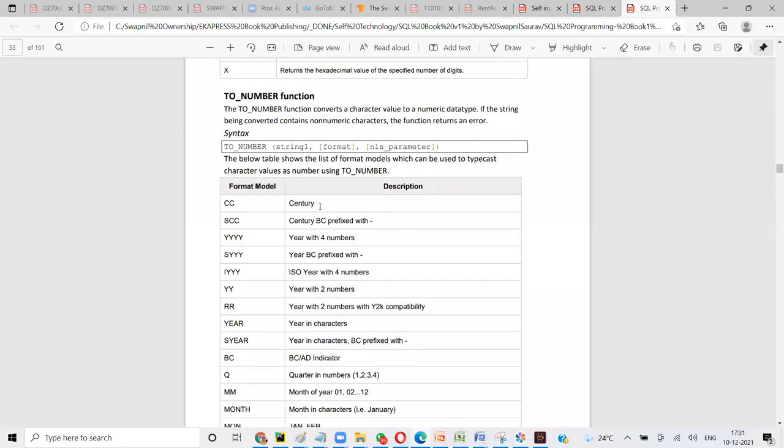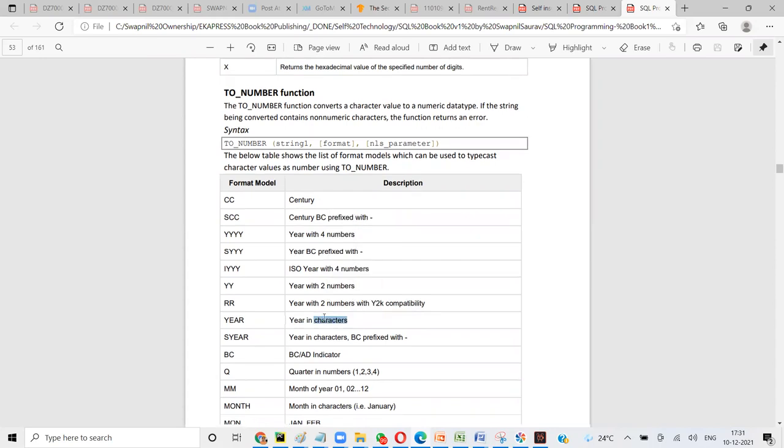CC is century. If you have a date format, now this cannot be used with everything. If you have a date and you want to convert it into a number, you can use this CC. It'll give you just the century part, the year part, right?